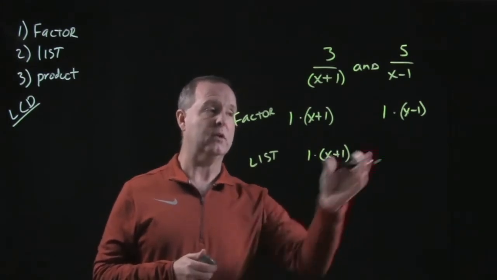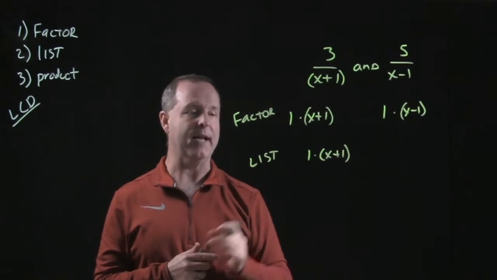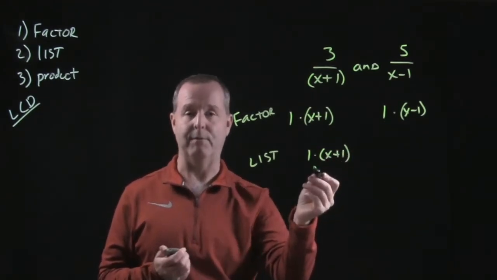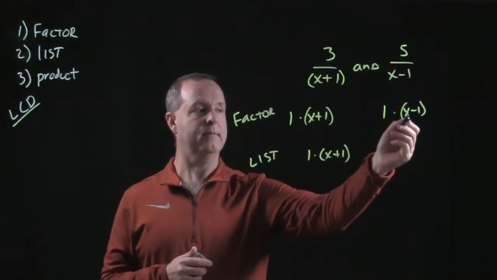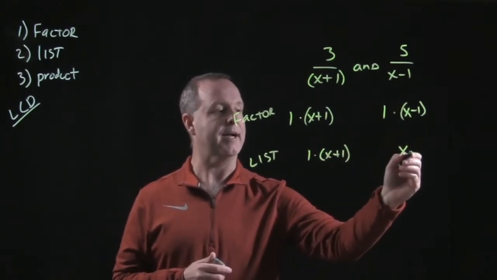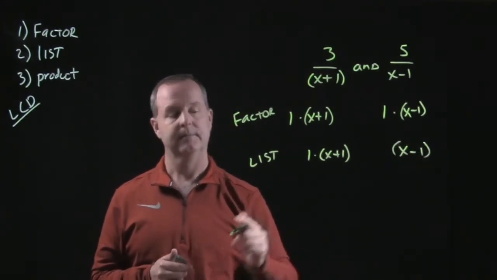Now I will look at all the factors in the second term that I cannot find in my first listing. I see a 1, but I already have a 1. An x minus 1. There's no x minus 1 in this listing, so I'll put an x minus 1 as a factor that I need in my list. And from there,